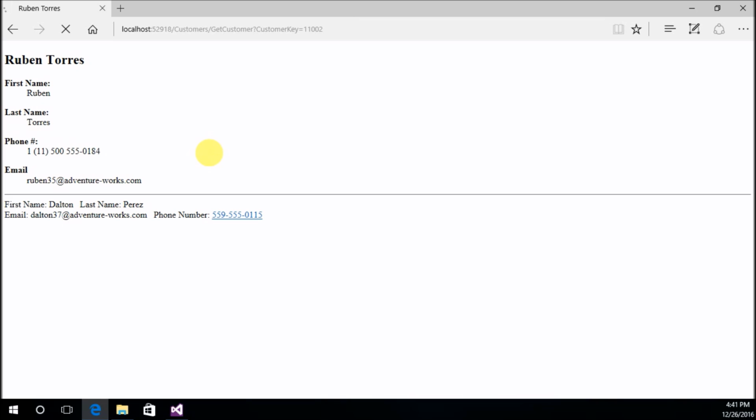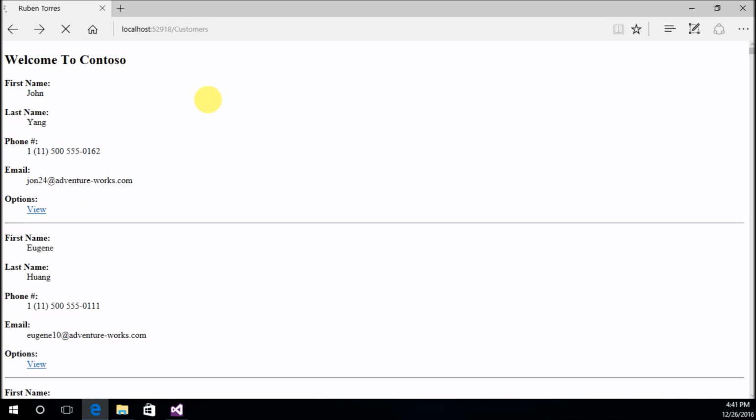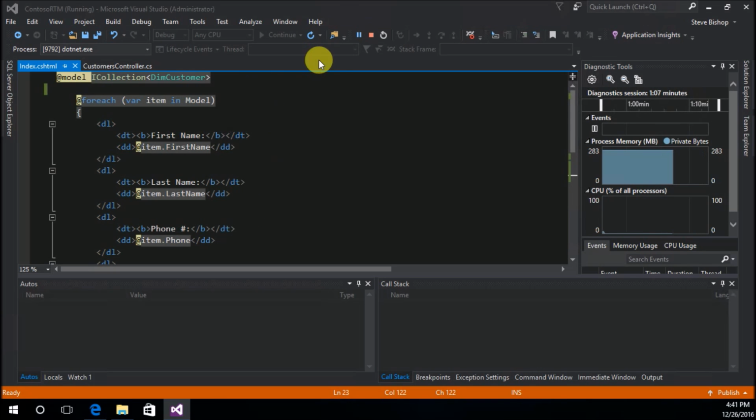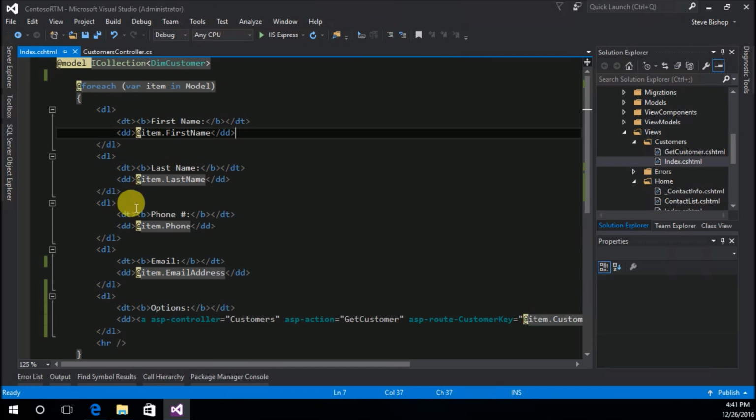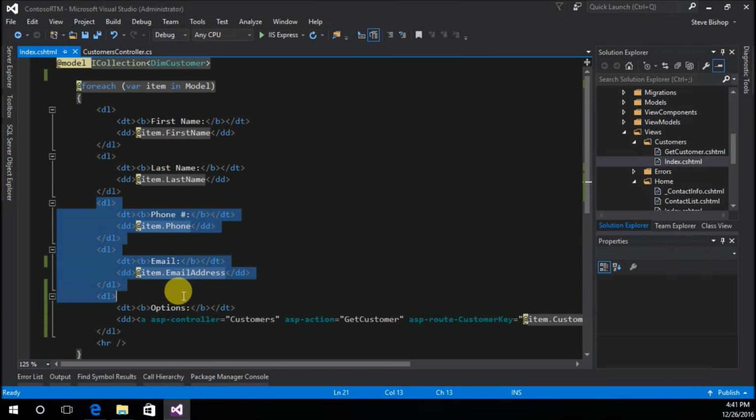But what else should we probably allow the user of our application to be able to do? Well, I don't really like the fact that we have all of the information about the customer here, and then we're once again using it in the get customer. Instead, a list like this should probably be a little bit simpler and not take up so much real estate on the page. So I'm going to go back into our index view, and I'm going to drop some of this that's in here. I'm going to get rid of the phone and email,